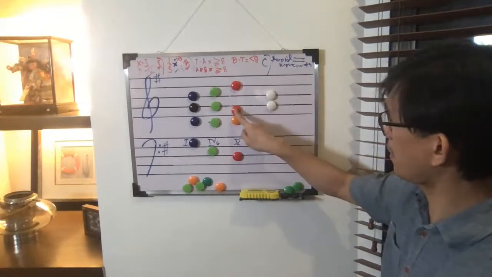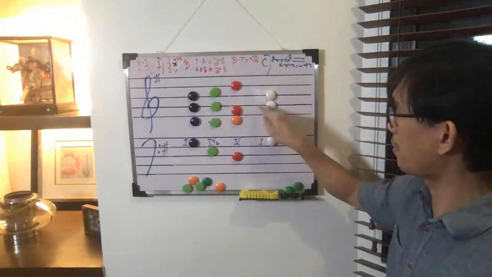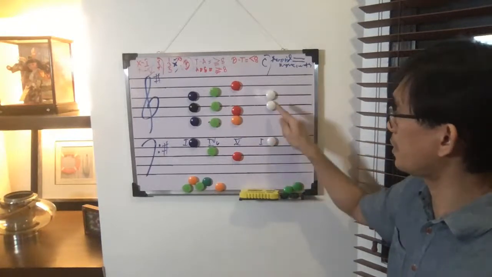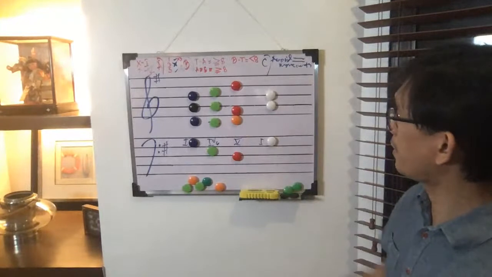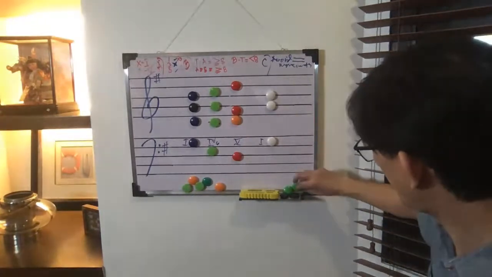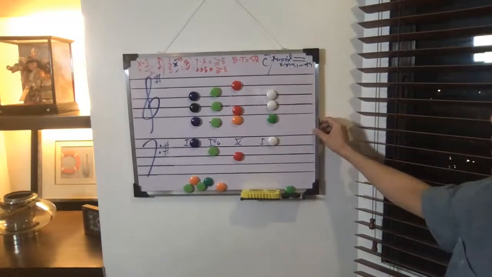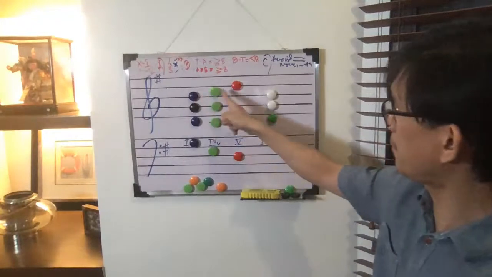This note could be retained here. So the F sharp goes up to G. But what will happen here? You can also just retain this voice. So there. So now the movement,